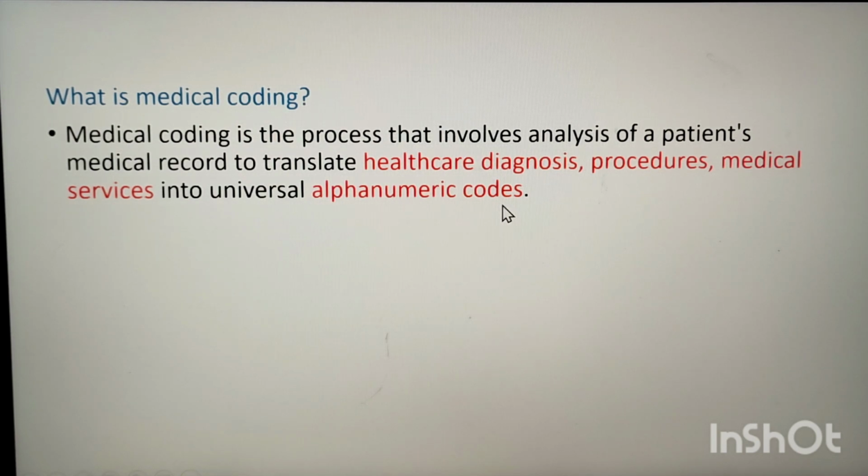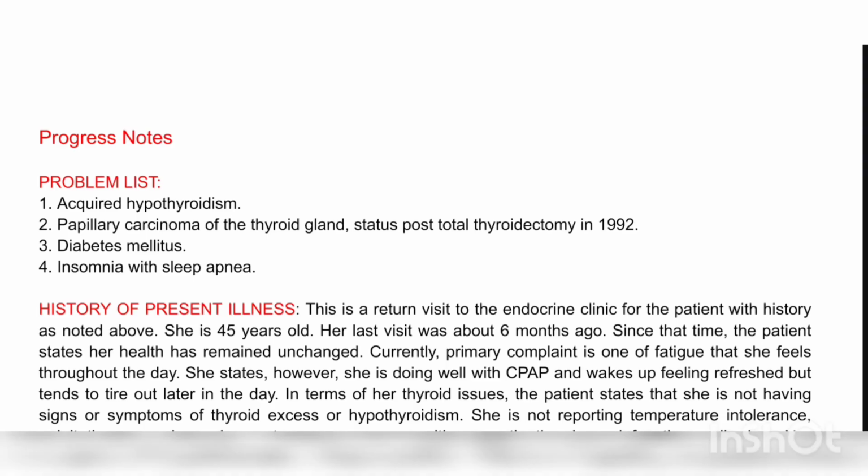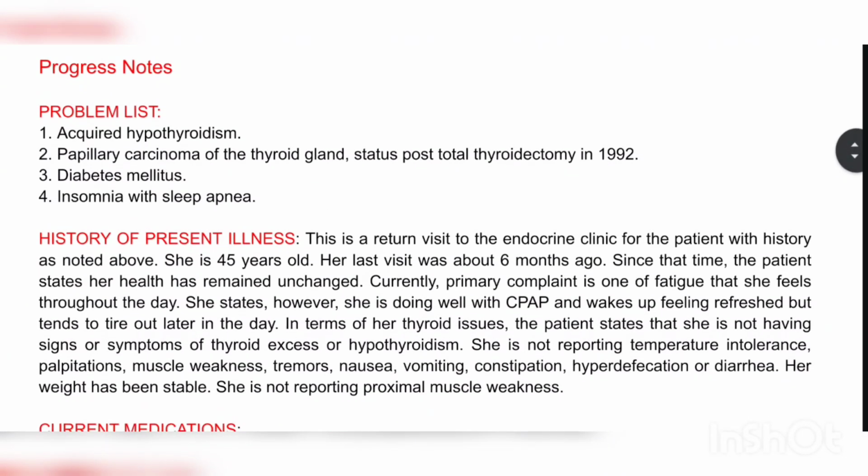So we will go through one example of a medical record from which we will code the diagnosis, the disease of the patient. Here is an example of a patient record. This is a progress note of a patient. The progress note contains a problem list and history of present illness. In the problem list, the patient has acquired hypothyroidism, papillary carcinoma of the thyroid gland, status post total thyroidectomy in 1992. So thyroidectomy means